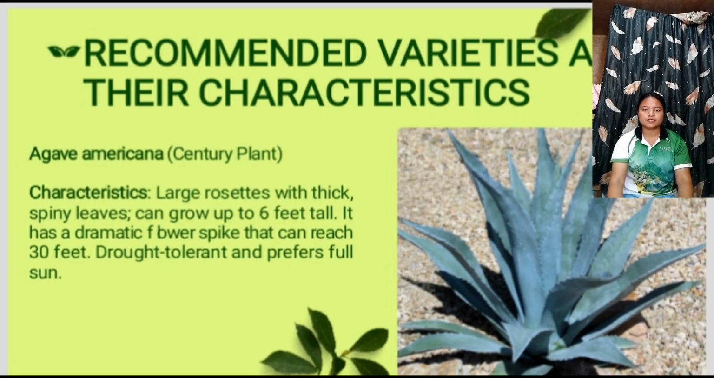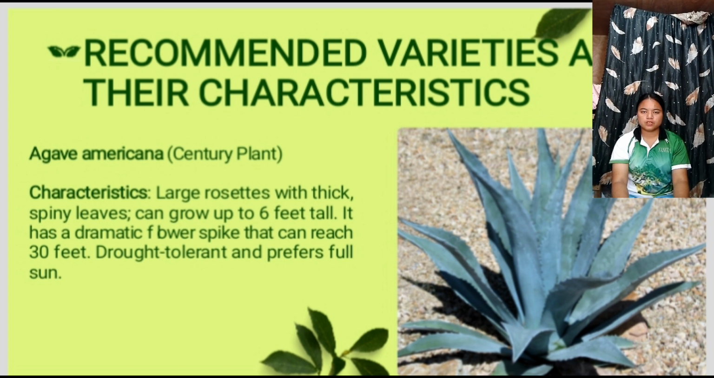The sixth variety is Agave victoriae-reginae, the Queen Victoria agave, the Agave scabra, the black spike agave. So the last variety is the Agave bracteosa, the squat agave. So the Agave americana, their characteristic is large rosettes with thick, spiny leaves, can grow up